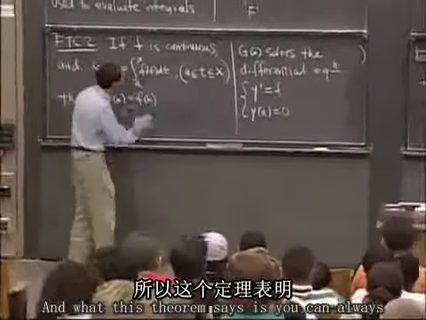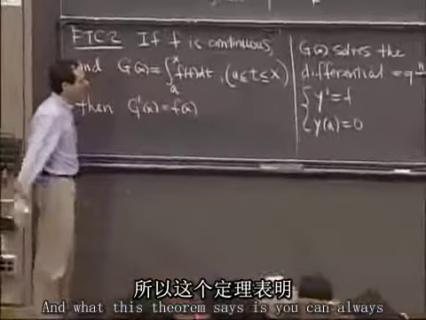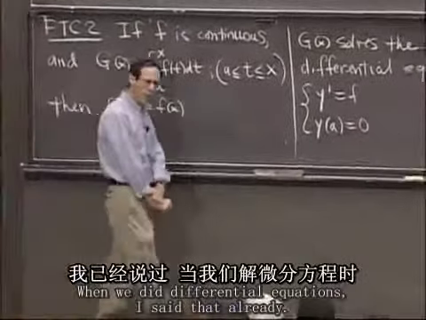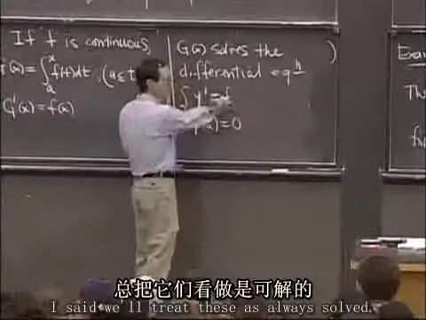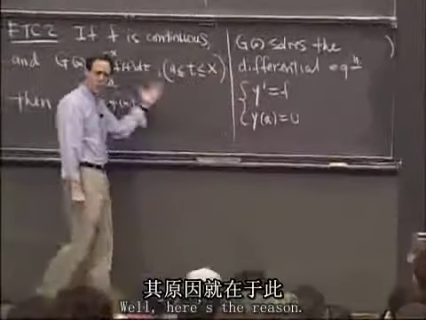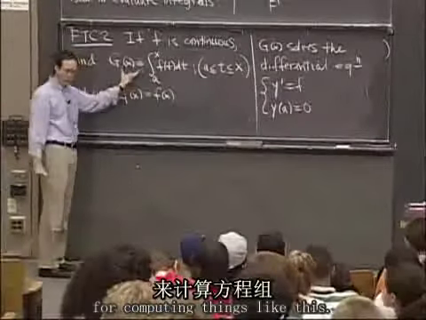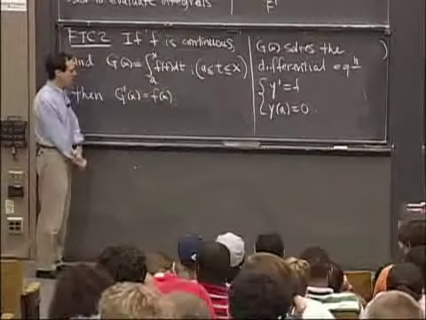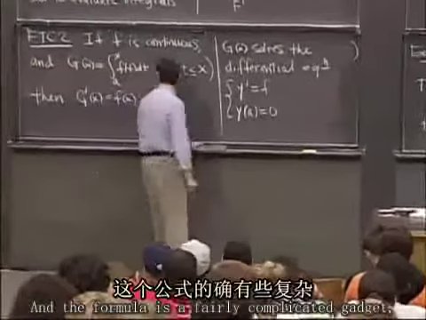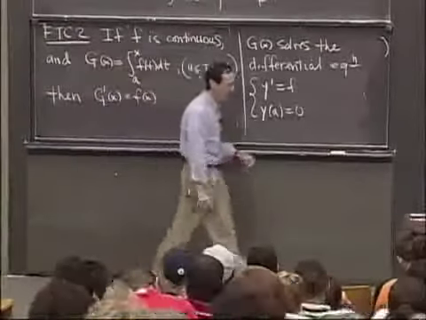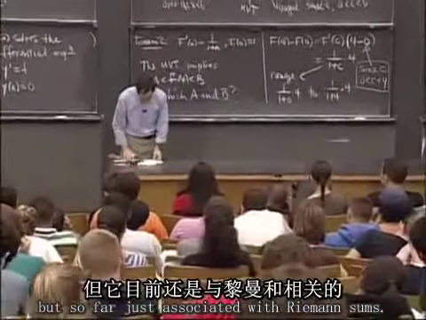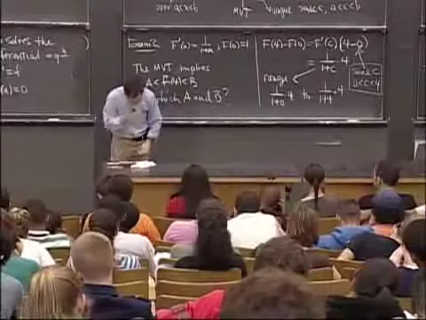And what this theorem says is you can always solve that equation. When we did differential equations, I said that already. I said we'll treat these as always solved. Well, here's the reason. We have a numerical procedure for computing things like this. We can always solve this equation. And the formula is a fairly complicated gadget, but so far just associated with Riemann sums. All right, now,